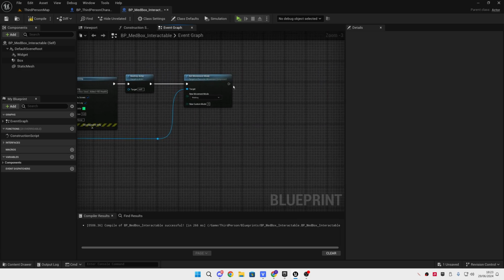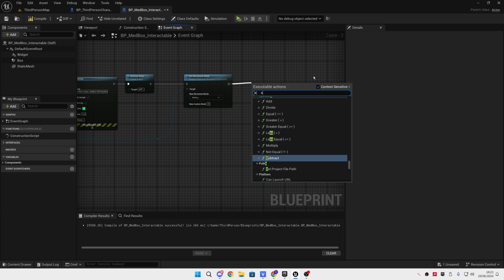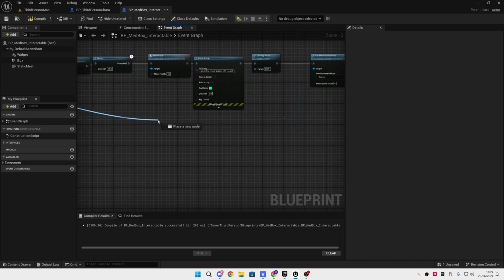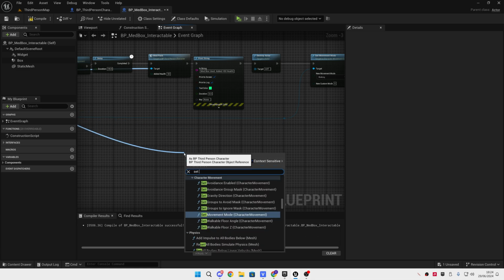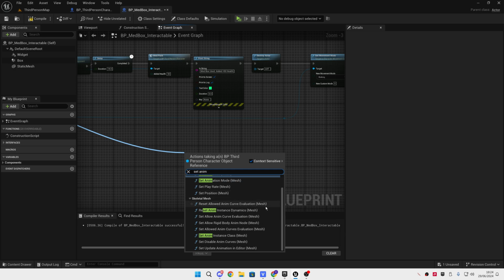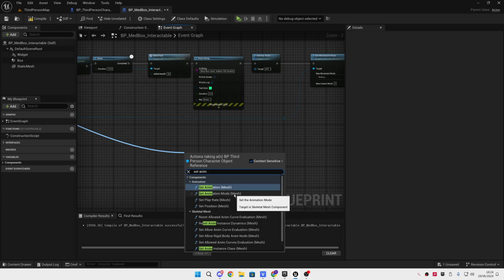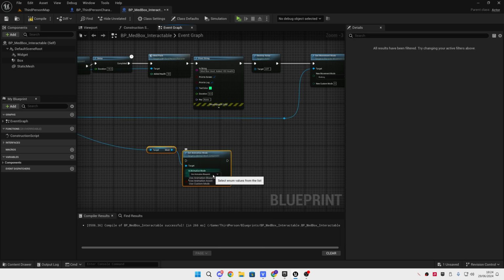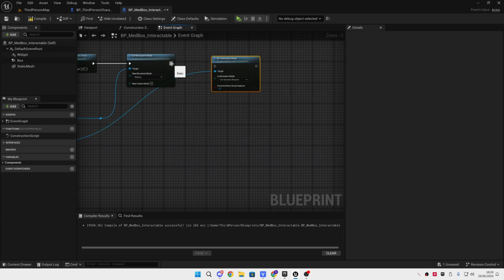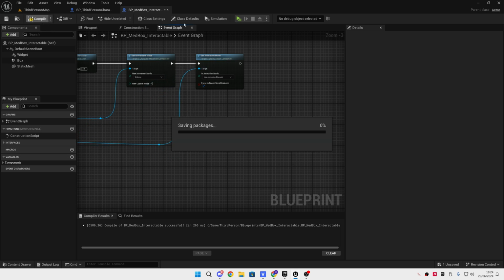Okay, but the animation is still set as the petting animation. So what we need to do now is set the animation. For that, we don't need to drag out of there, we need to drag out of the BP third person character and set animation mode. So let's click this one, we'll set the animation mode to use animation blueprint. That'll set it back to default. So if we just compile and save this after cleaning it up, let's compile, save,